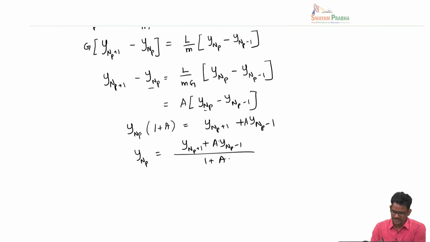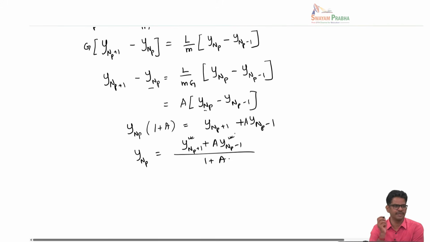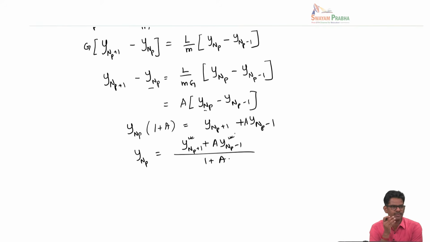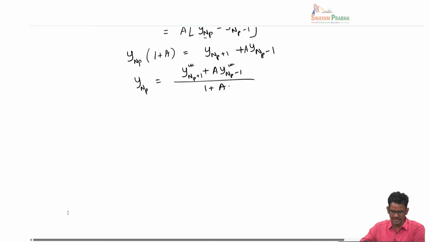And you can see that this is related to the concentration of the NP plus 1 and the previous tray NP minus 1. It's kind of a recursive relation. The composition at each tray can be related to the composition of the tray above and tray below. Okay, just to see that, let's say if you want to put NP equal to 1,